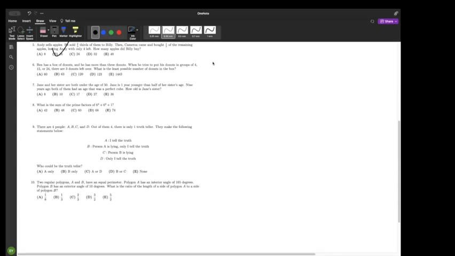Okay, so in order to solve this problem, let x equal the total number of donuts. Now when he tries to put his donuts in groups of four, which means when he tries to divide the number x by four, the remainder 3 occurs. So x is congruent to 3 mod 4. If we do the same, it's congruent to 3 mod 15,